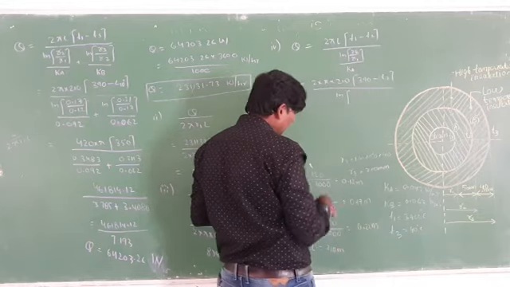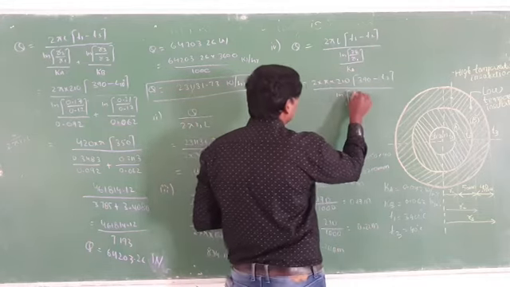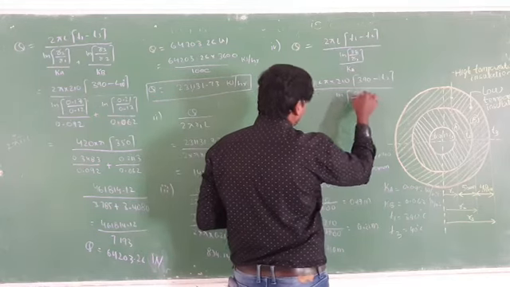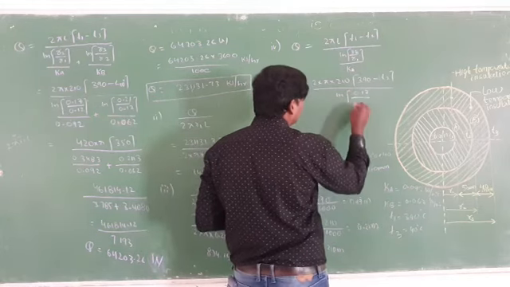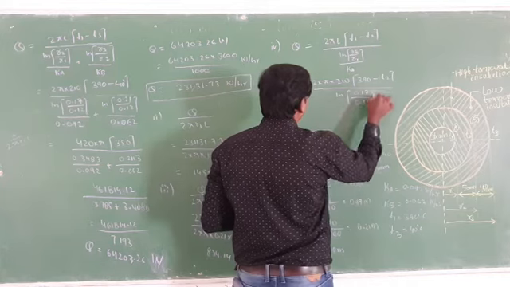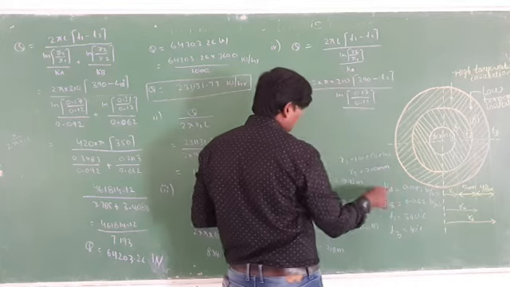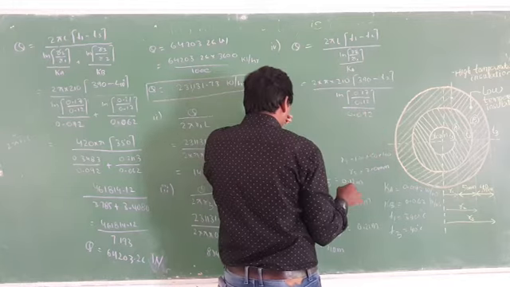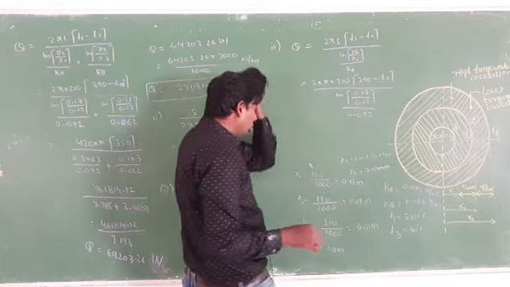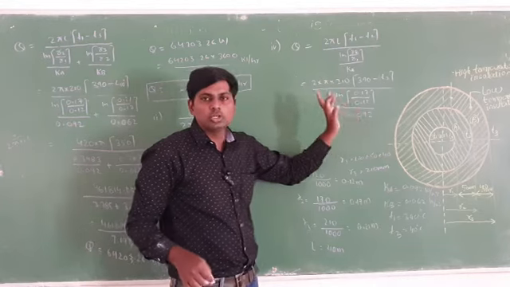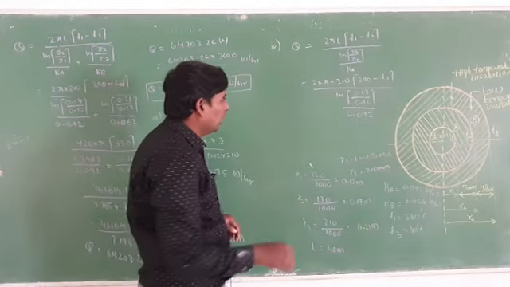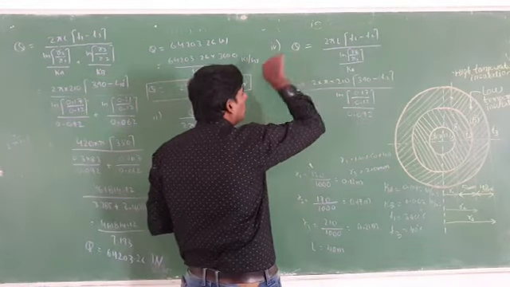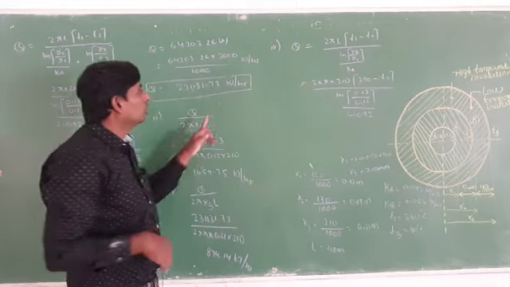Next one is the R2 value. R2 value is 0.17. Then R1 value is equal to 0.12, then Ka value is equal to 0.092. This is the value of Ka. So what you have to do, you know the value of Q, but don't substitute the Q value in kilojoule per hour.